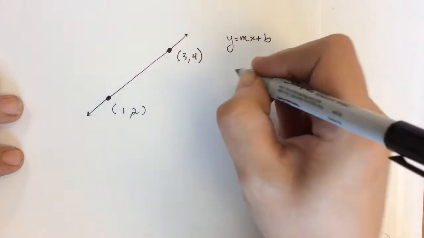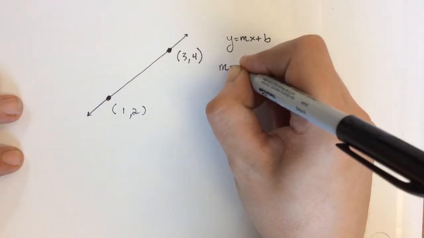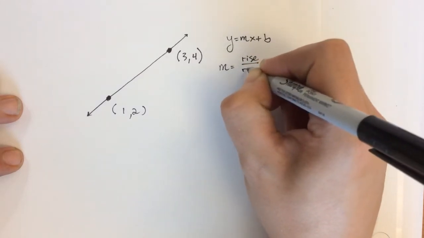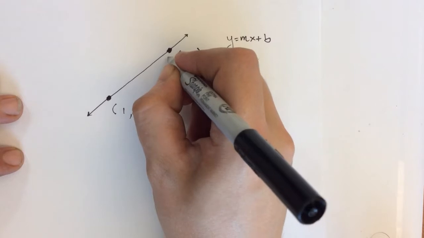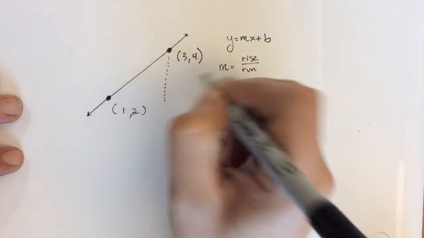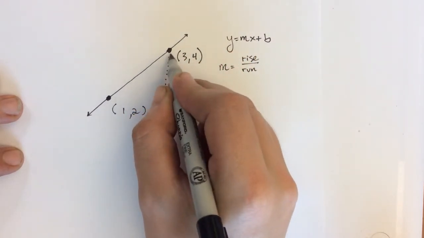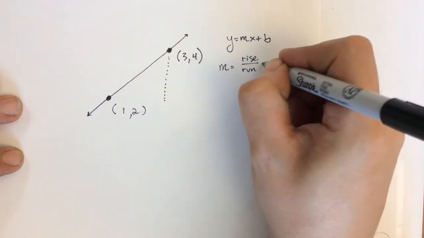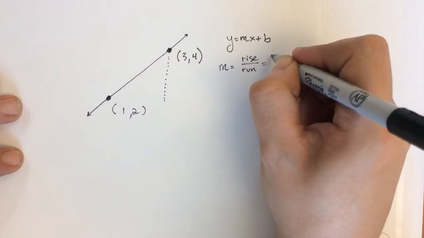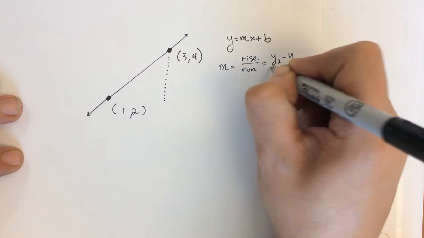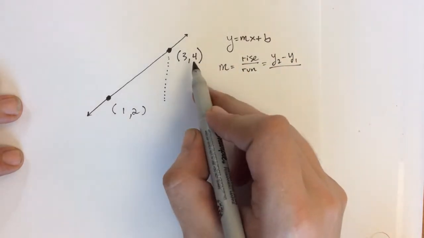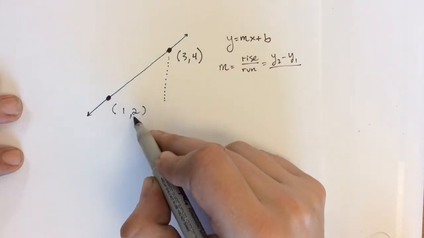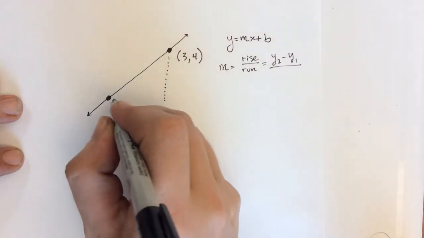So here's my 2 points. For my slope, m, I want to look at the rise over the run. The rise is the distance from the y value of this point, which is 4, to the y value of this point, which is 2. I can always find that by subtracting one y value from the other. So I'm going to do y2, being 4, and y1, being 2, to find that value. And then for my run,